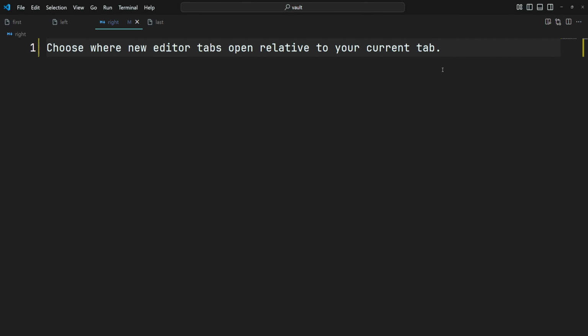Hey there! Today we are checking out a small VS Code setting that can actually make a big difference in